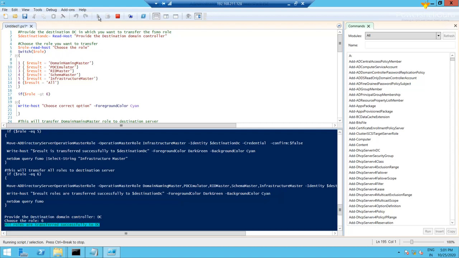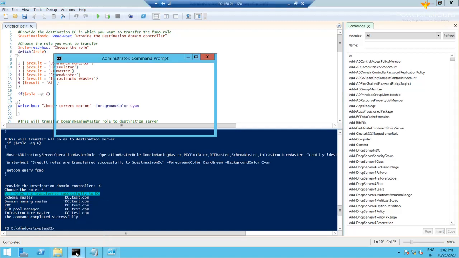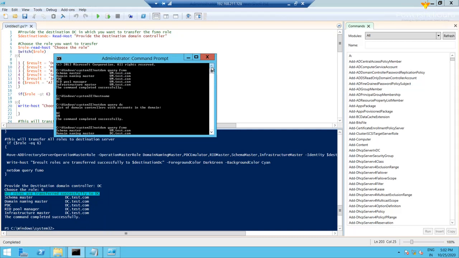Let's hope everything is okay. Yep, all the roles are transferred from VM to DC now. We checked that first it was in vm.test.com, and now all the roles are currently in dc.test.com.